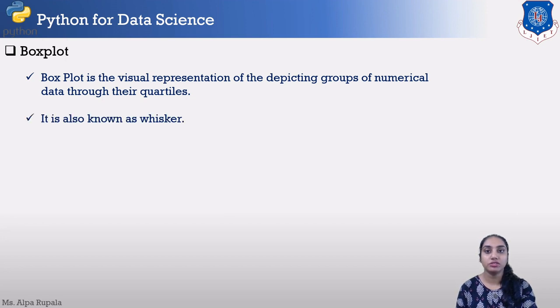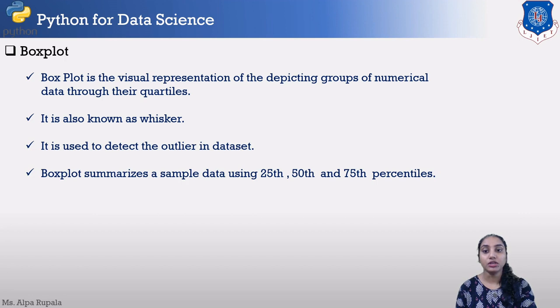First of all, this box plot is also called a whisker graph. It is used to detect the outliers in your data set. We will learn what an outlier is, but first, the box plot summarizes sample data using the 25th, 50th and 75th percentile.